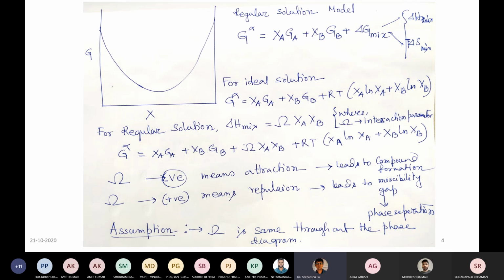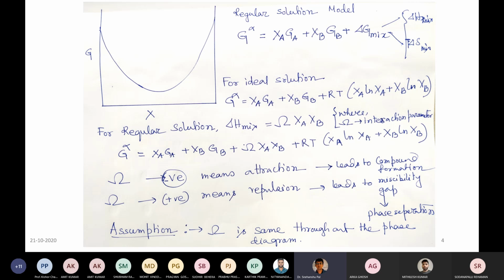Now, if you see a scenario of a particular phase, regular solution model. What is the difference between regular solution model and ideal solution model? In ideal solution model, that del G mix only depends upon the minus capital T del S mix. That capital T basically represents temperature in absolute scale. But in case of regular solution, which is the extension of ideal solution towards